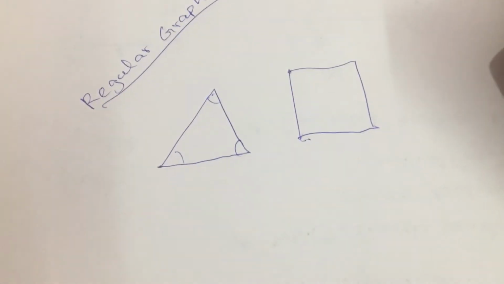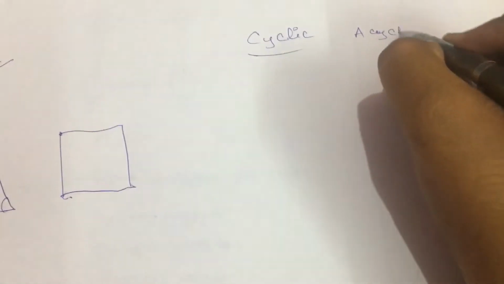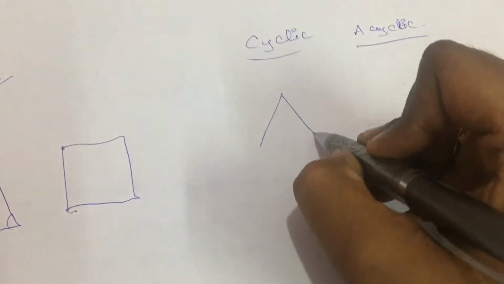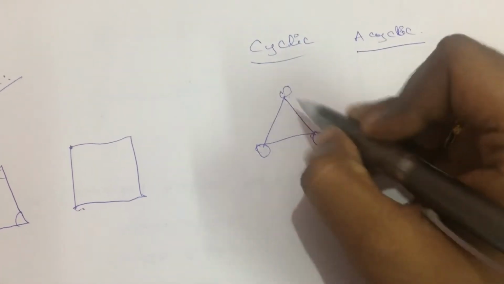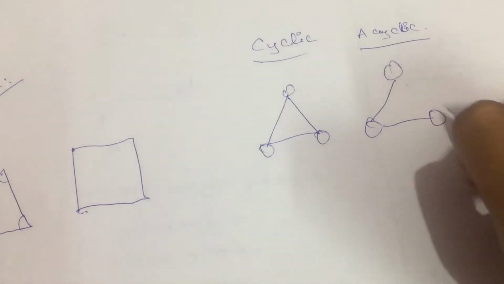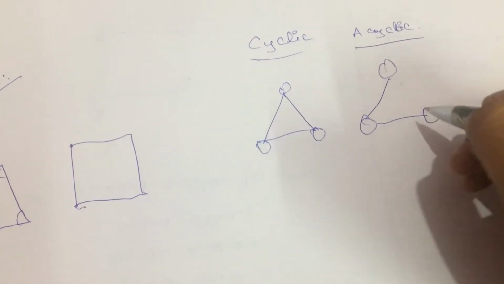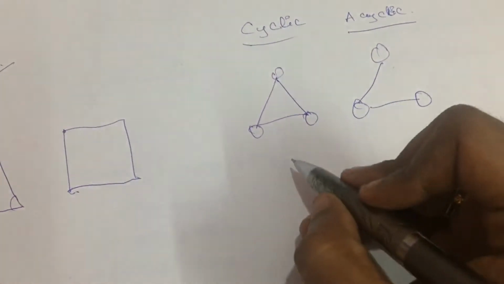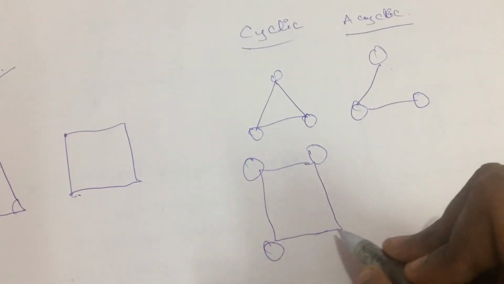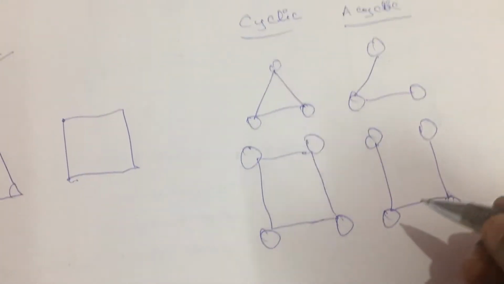And at last, it is going to be the cyclic graph. So cyclic or acyclic graph. So a cyclic graph means all the vertices, right, should be connected and it should form a cycle. And acyclic means I can have these 3 vertices connected in this format, right? So here it is not joined together to form a cycle, but in this case it is called an acyclic graph. In the same way we can also construct a square shape as a cyclic graph, and when I have something like this, it is considered an acyclic graph, right?